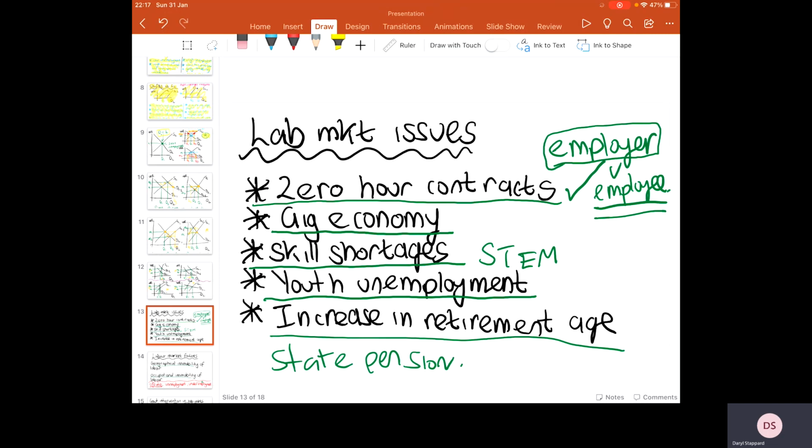Now the first one I've got down here is something called a 0 hours contract. Now if any of you have got part-time jobs, there's probably a good chance that you are actually on a 0 hours contract. It's becoming a really, really popular way of employing people in the UK economy. So rather than give people guaranteed numbers of hours when we employ them, let's say 16 or 20 hours or 30 hours or 40 hours, they're going to have no guaranteed hours at work